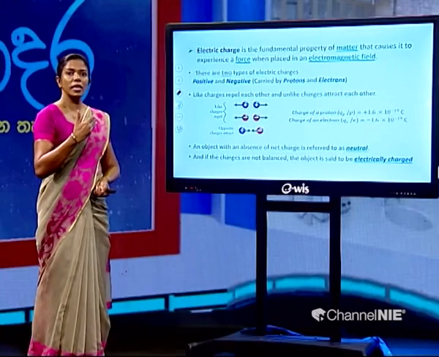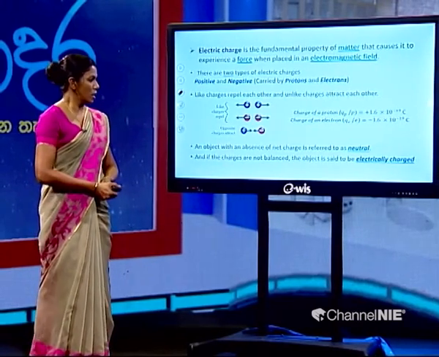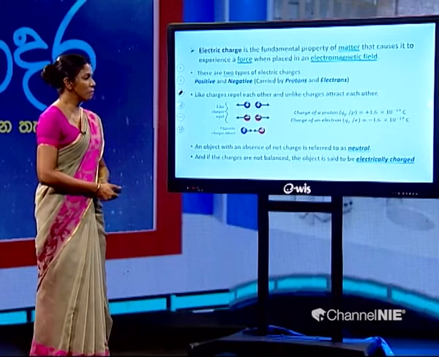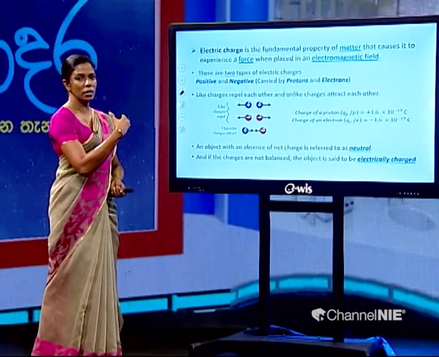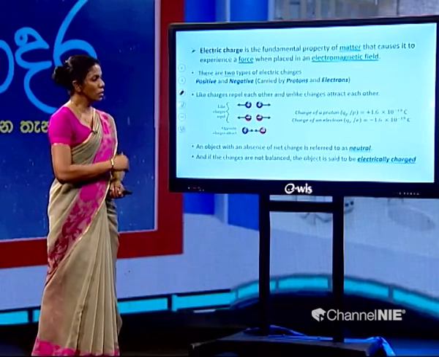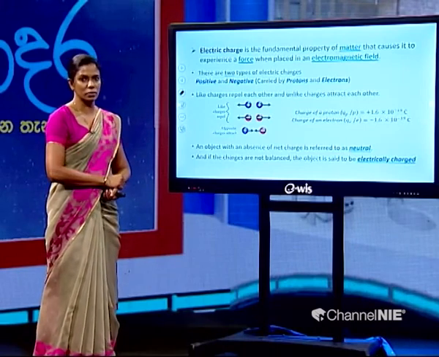Now, if we want to create an electric field, we have to give the body a charge. Now, how do we do this? We say we have to electrically charge the body. We say either give the body more electrons or give the body more protons. Now, as you all know, the protons exist in the nucleus. So, obviously, the